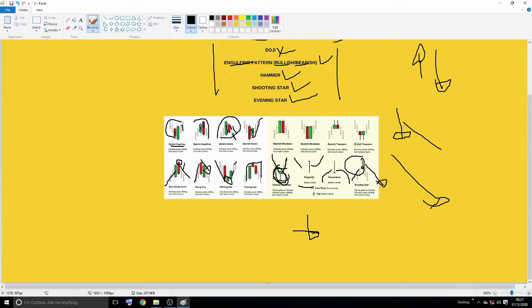The price comes like this, and we have a candlestick that is shooting, and then we are expecting it to reverse. And then we have the bullish tweezers, where the market is coming down, and we have these two candlesticks balancing it, and we're expecting it to push to the upside. And then we have the bearish tweezers, the opposite of bullish tweezers. And then we have the bearish Marubozu, and